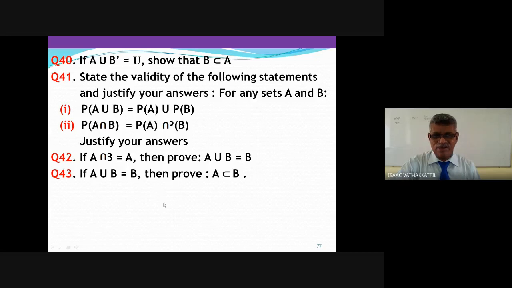Are the questions going tougher? Yes, sir, it is. Sit and work out. But if you face any difficulty, you tell me. If you tell me on the same day, I'll bring it in the next day. Otherwise, suppose you forgot to say on the same day, you can ask me anytime. I'll bring the answer either in class or you can get the answer on WhatsApp also. Don't hesitate to ask me questions. I'll bring the answers for you.